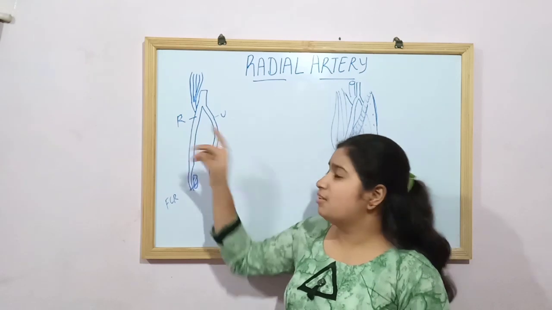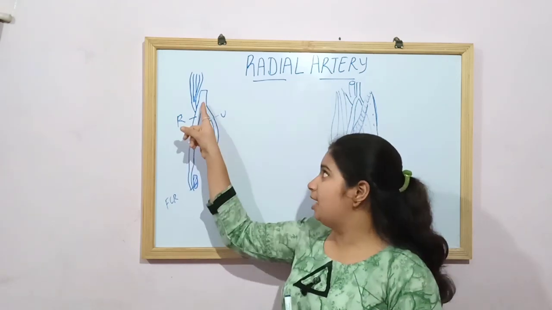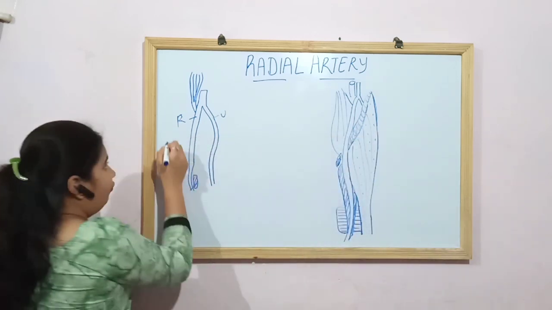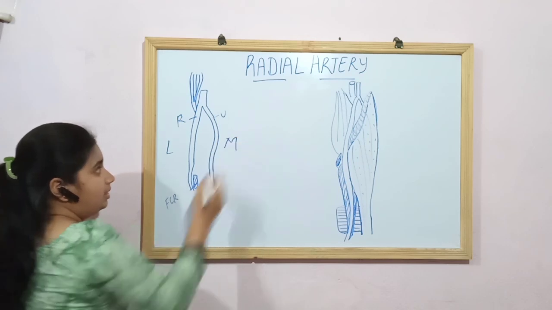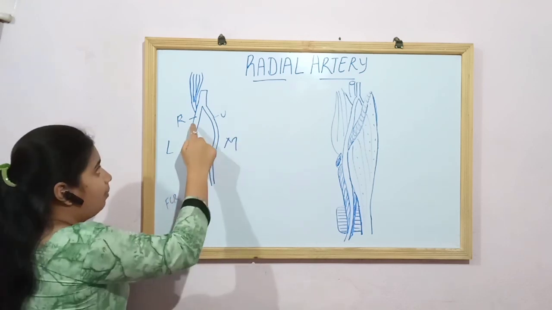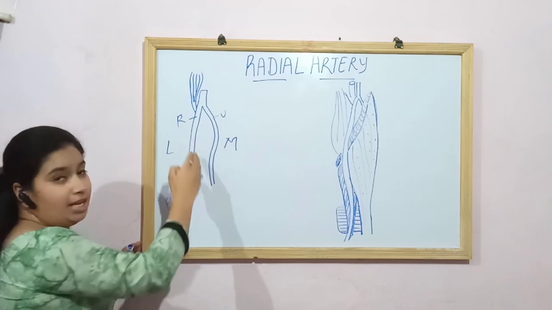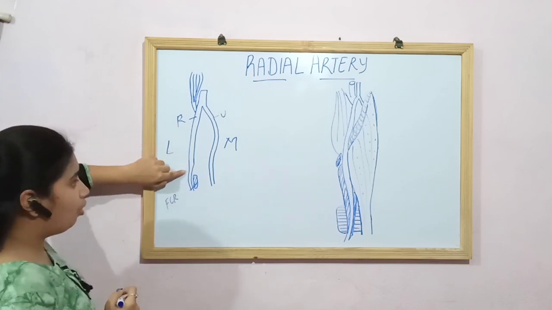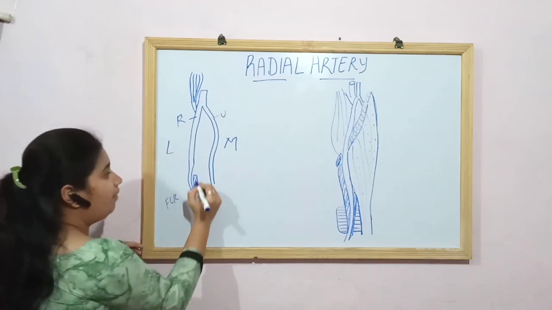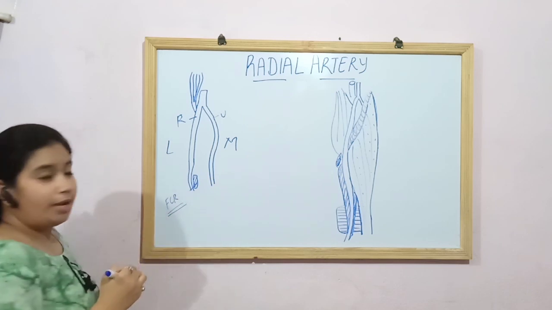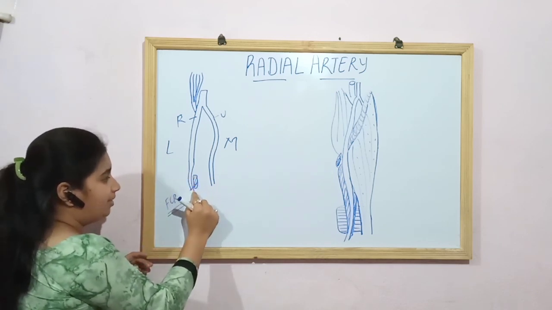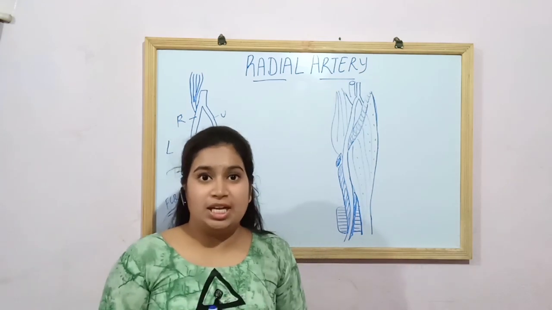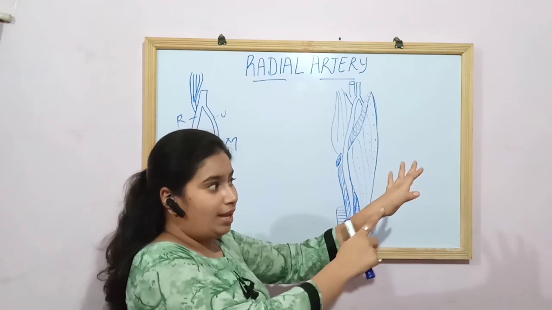As the radial artery is a terminal branch of the brachial artery, it runs downward over the lateral aspect of the forearm. This is the lateral side and this is the medial side. It runs below the brachioradialis muscle and it forms a bit of convexity. As you can see, there is a convexity and this is the flexor carpi radialis tendon. So it forms a convexity at the flexor carpi radialis tendon up to here and then from here it turns posterior and ends in the anatomical snuff box.